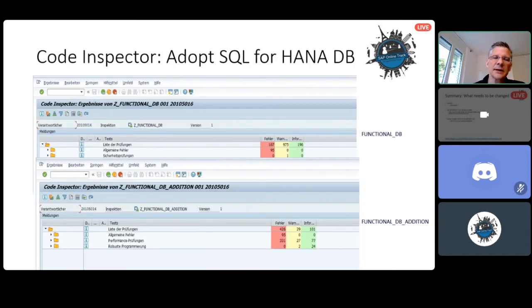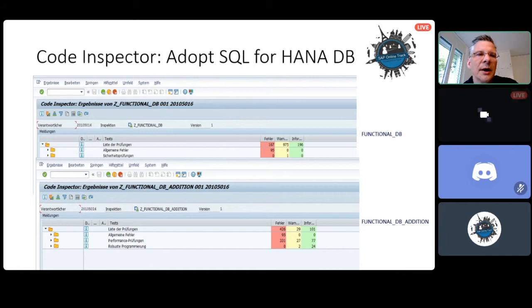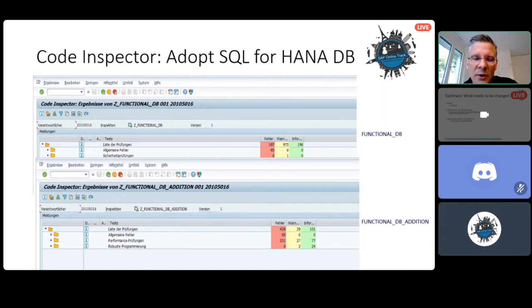Then the next activity can be using Code Inspector. You can query your code for SQL statements that need to be adjusted for the HANA database. There are 2 check variants, functional DB and functional DB addition, which should be performed, and they will show up where you have native SQL statements, and you can adapt that if not already done. And these checks are also available in all the SAP releases on the legacy system. So typically you can do that in the development system